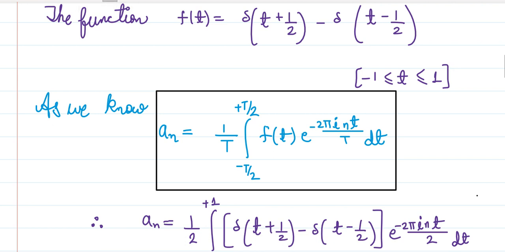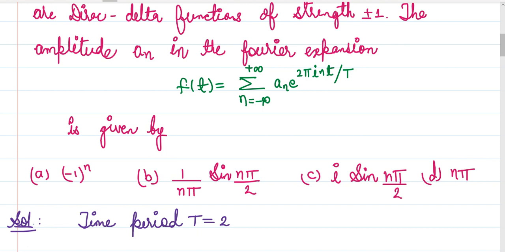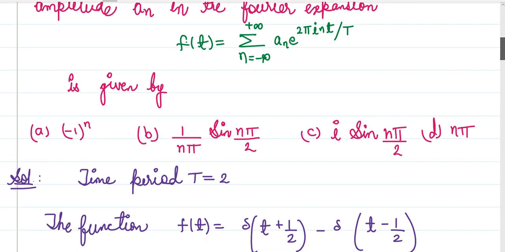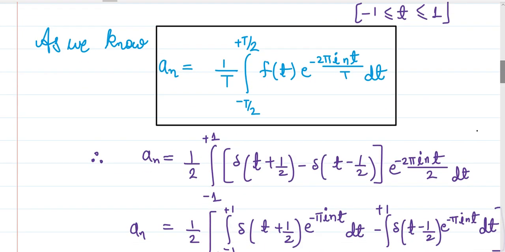You should memorize this formula. And guys, one more thing: whatever is given to you, f of t is given here, so you can find a_n from there also. That will be the integration of f of t and e to the power minus 2 pi iota n t upon T. So if you don't remember the formula, you can use the given information and make the formula. That is very easy. Generally in Fourier transformation questions, the formulas are given every time, so you should just use your mind to find the value of a_n. So this is going to be the value of a_n. Don't forget to divide it by the time period.